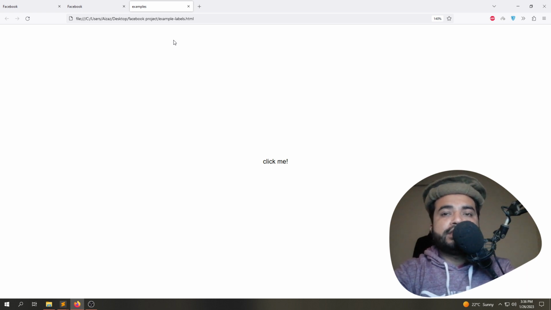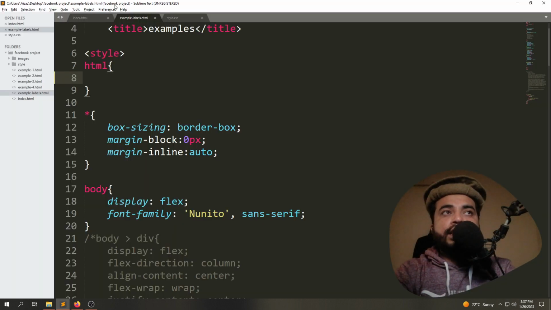What is specificity? I will show you in a couple of moments, but first we need to understand that it is identical to the HTML, the only difference being that it has higher specificity. So what we are going to do is open up the HTML file for the example-labels, and here we are going to make a variable. For the variable we simply use 2 hyphens, and here we are going to say, let's say, red,